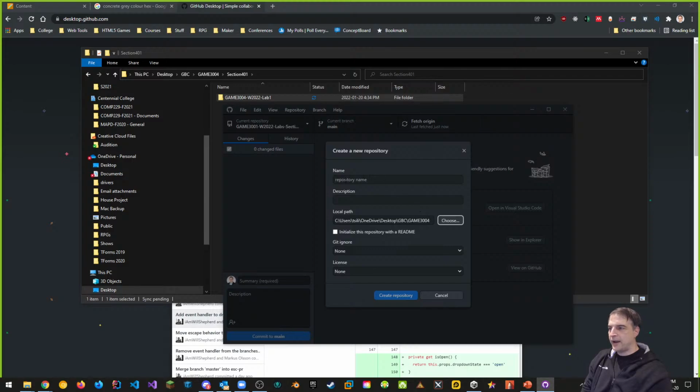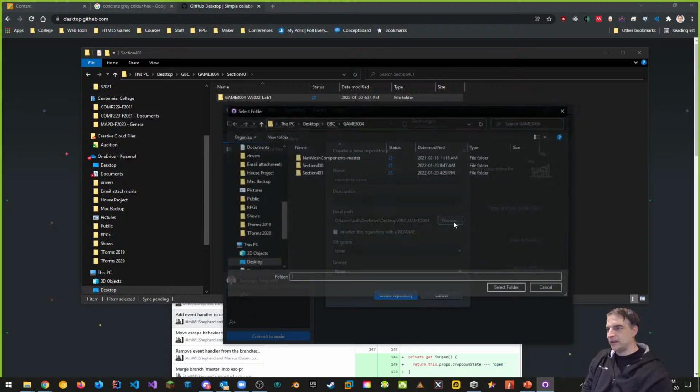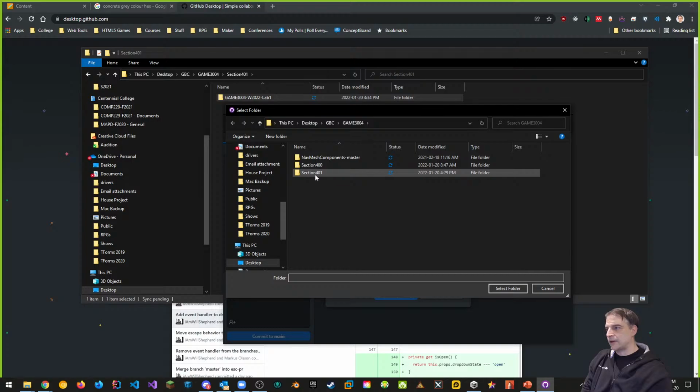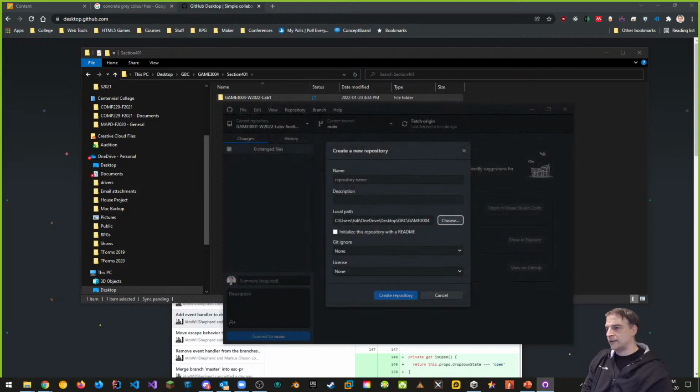And then for my repository name, that is going to be this name, section 401. I'm not going to actually select it. I'm just going to put it in here. So it's going to be section 401. For you, you might have the containing folder be the desktop or wherever else you have it. And then in your name, you're going to be